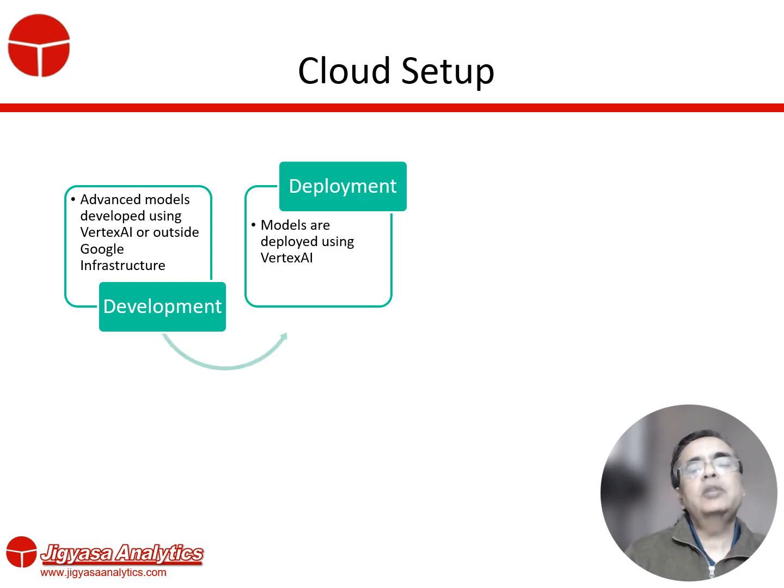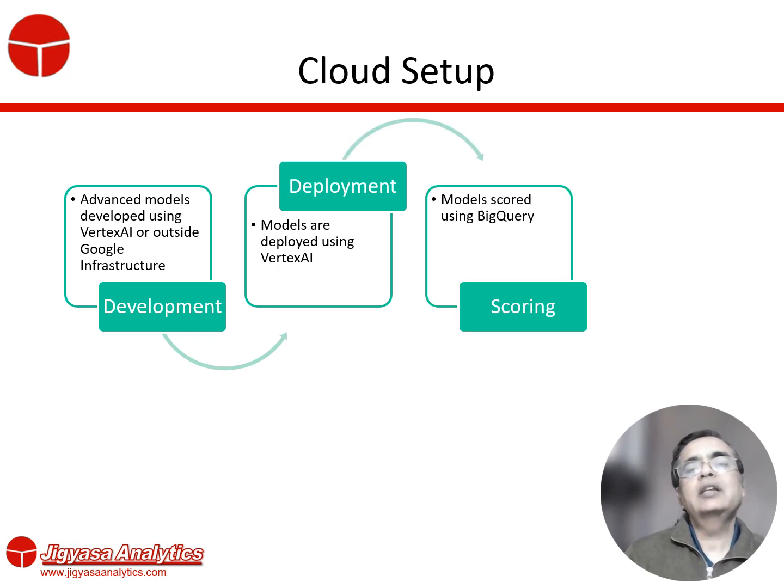Then deployment of these models is very easy. Once the model is made, with Vertex AI technology you can just basically upload the model, and it is available, it has been deployed, and it is ready for use. And then the models are scored using something called BigQuery. And what is BigQuery? BigQuery is like a SQL database, cloud based, and very easy to interact with. And BigQuery works with Vertex AI in the background